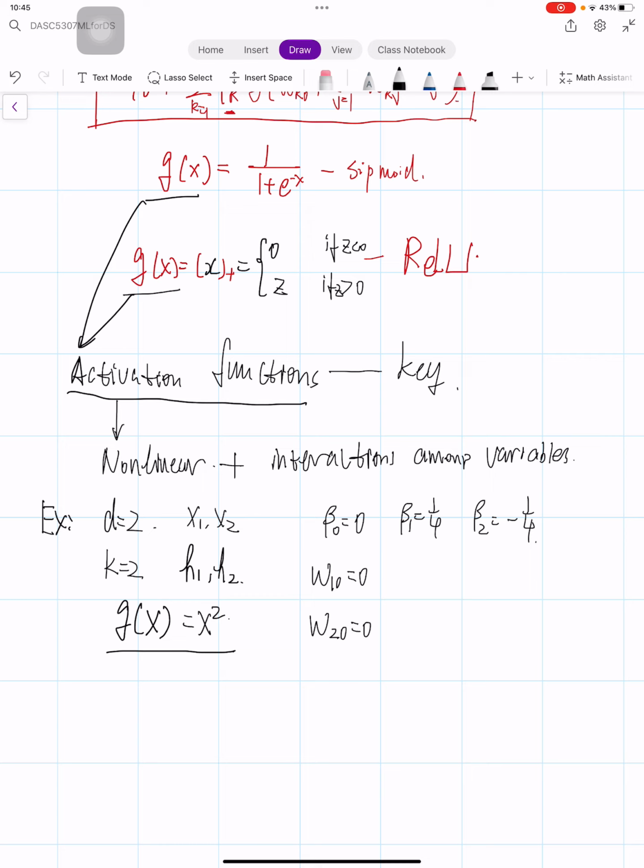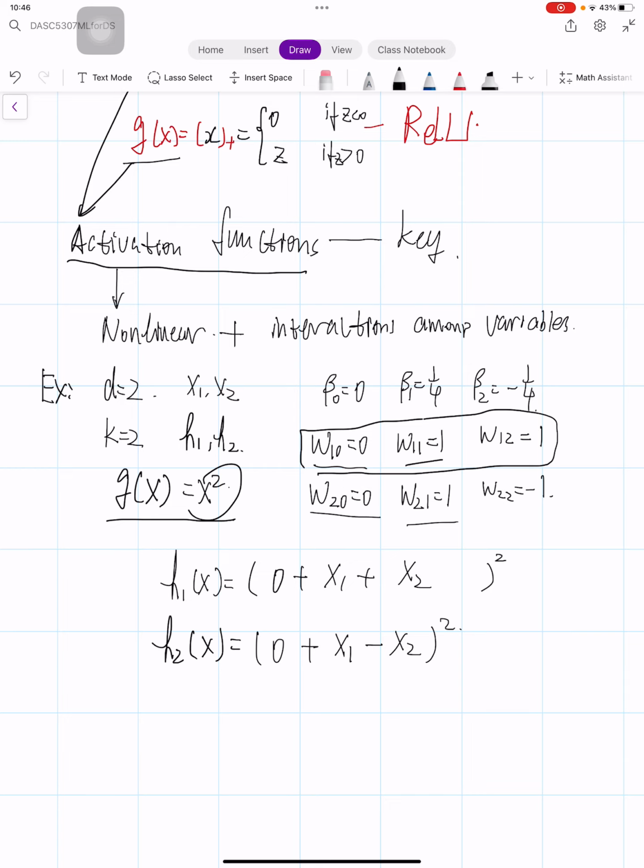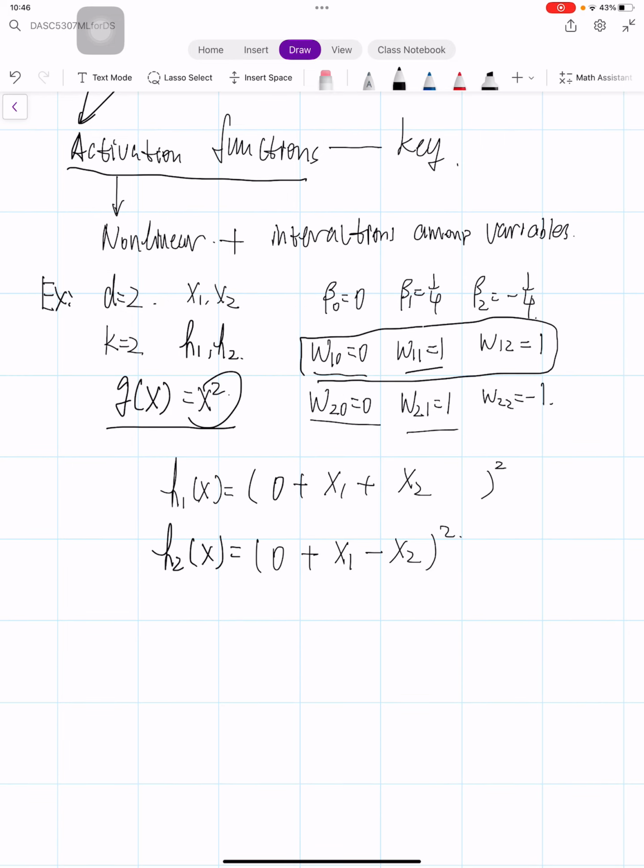And the second hidden layer unit equals 0 plus x1 minus x2, squared. Okay, and our final function f(x) is just beta 0, which is 0, plus 1/4 times x1 plus x2 squared, minus 1/4 times x1 minus x2 squared,